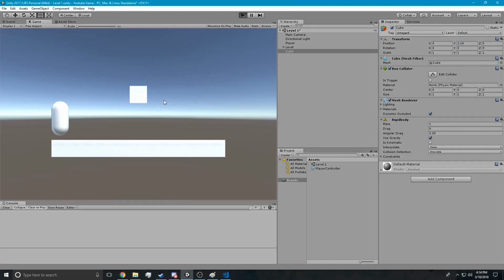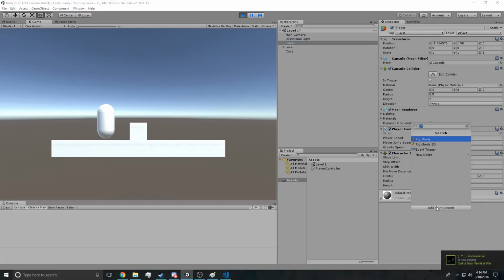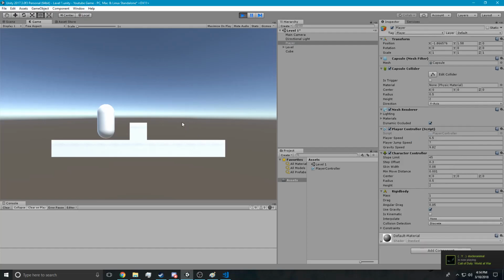If I hit play, the cube falls on the ground, as we should expect. And if you go forward, the character gets stuck. But why? We can obviously push it, there's a rigid body. And if we raise it in the air, it falls. So, what's happening? Well, the character controller doesn't push anything. So, if we add a rigid body,